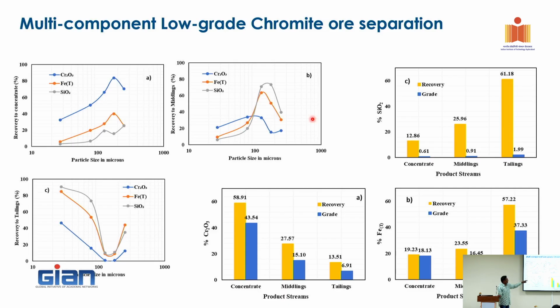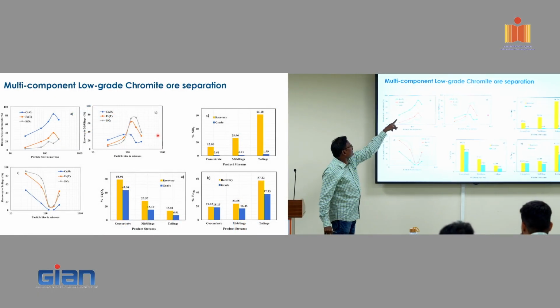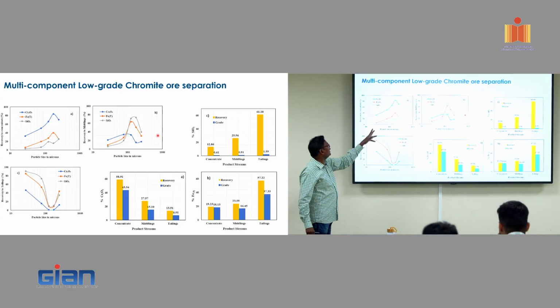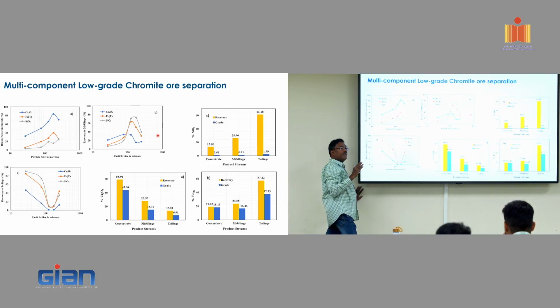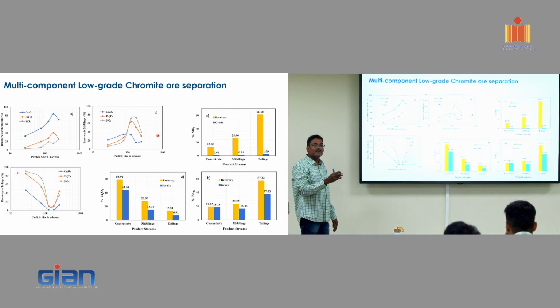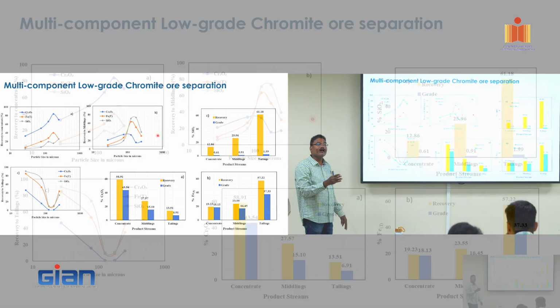Now this is one of the observations we can see. In chromite, you have chromite-rich particles, Cr2O3, and iron-rich particles and silica. We want to see better separation of these. In the concentrate, your chromite recovery is effective because of the high density. And also, unfortunately, the silica, the iron, which is supposed to be higher than the chromium particle, but